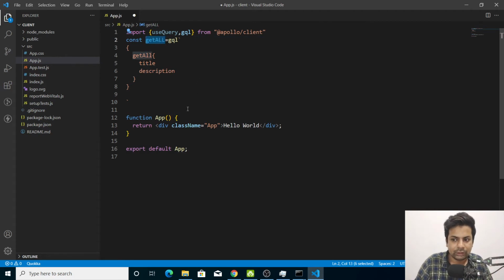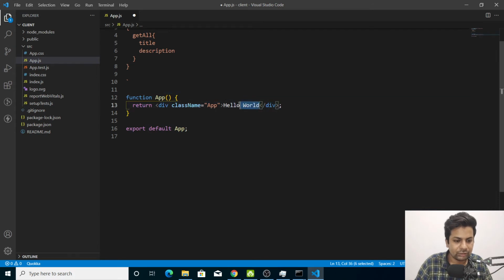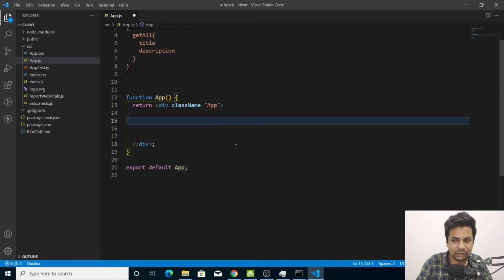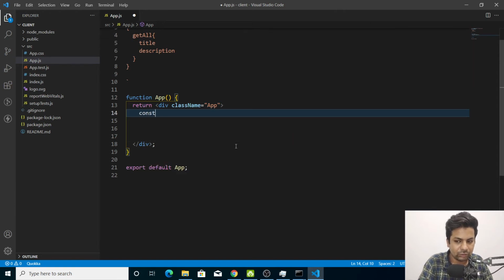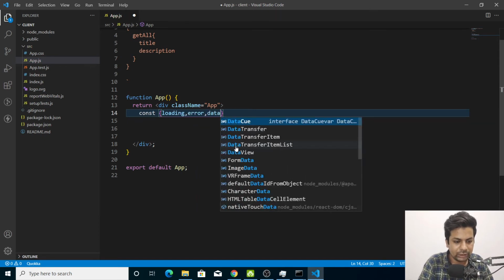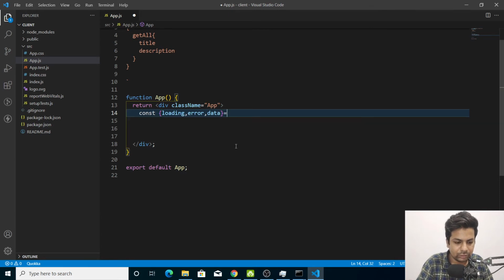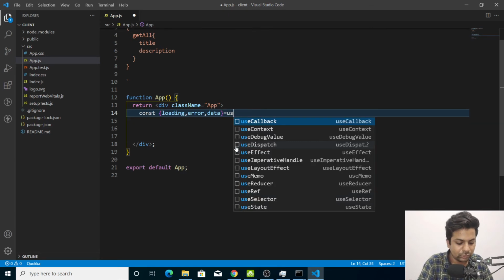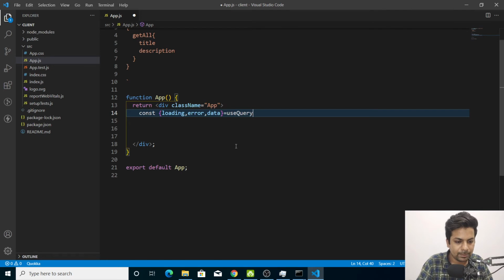Now we'll come here and instead of hello world we'll remove this, and here we'll type const loading, error, data equals to useQuery, and we'll say GET_ALL.